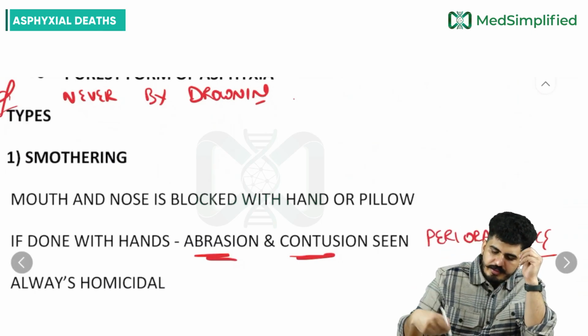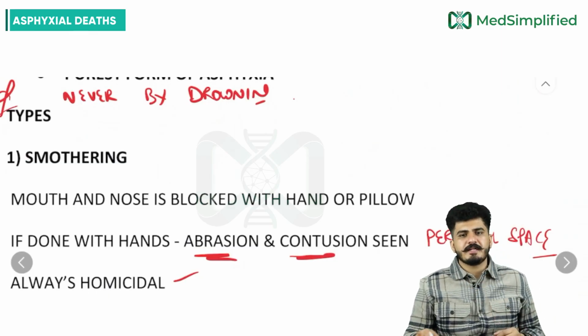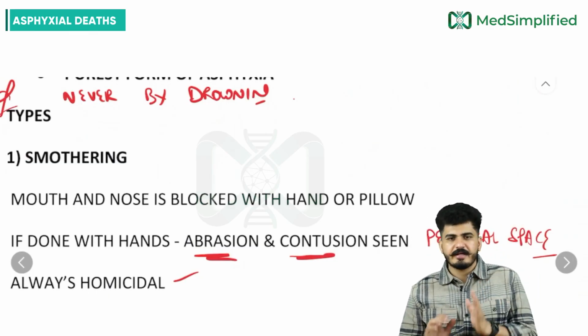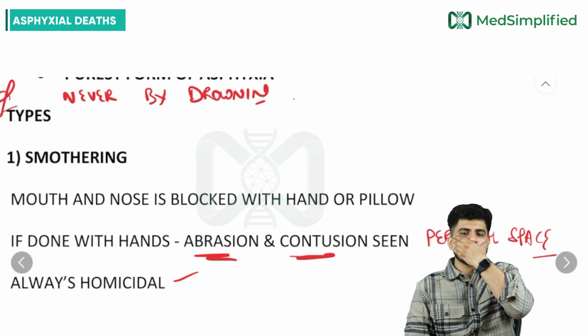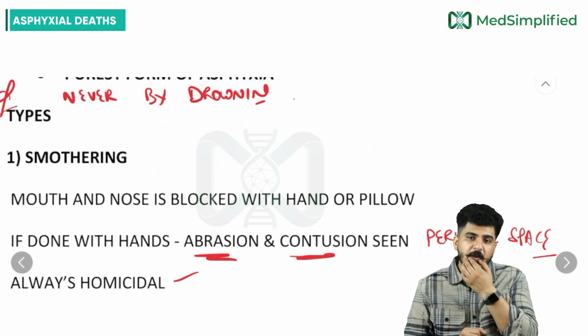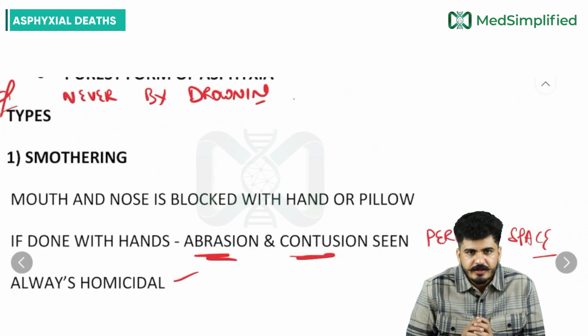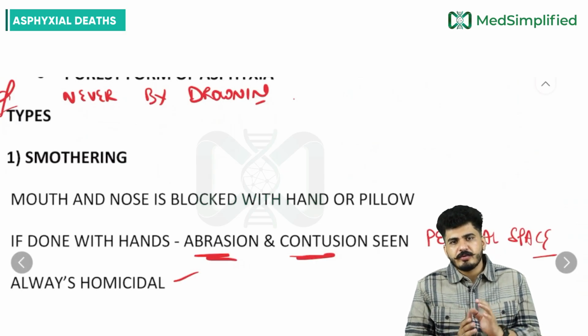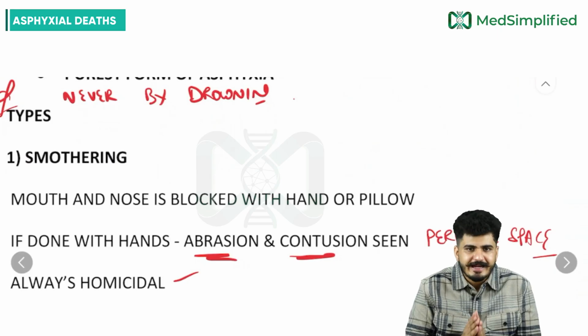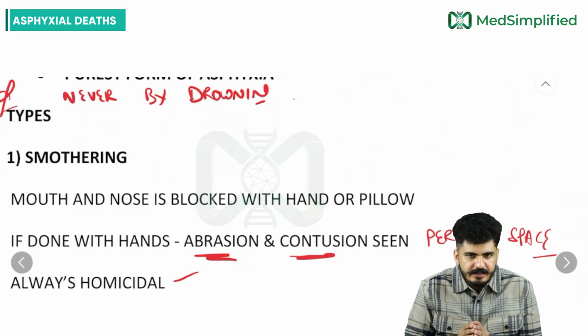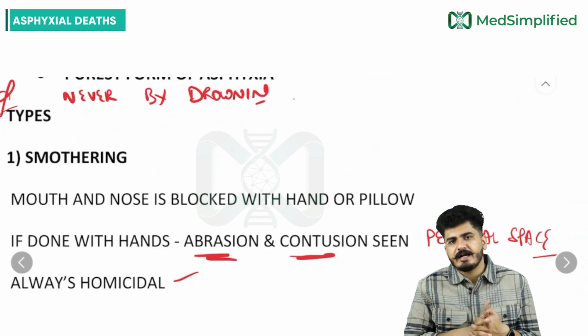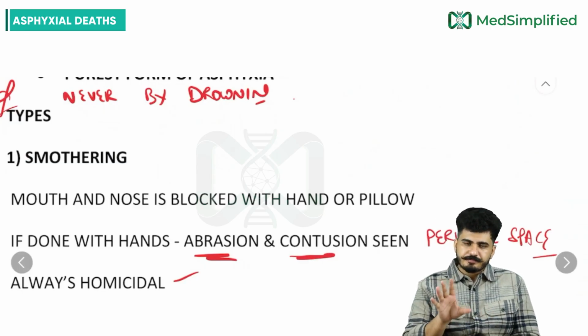And this smothering is always homicidal. Some other person will come and try to kill you like this. You cannot just hold your breath and die. This is not possible. Okay. So smothering, mouth and nose are blocked with the help of hand and pillow. If done with hand, abrasion and contusion are seen, and it is always